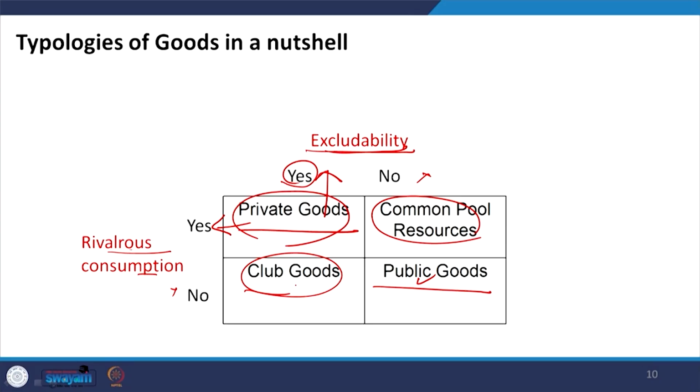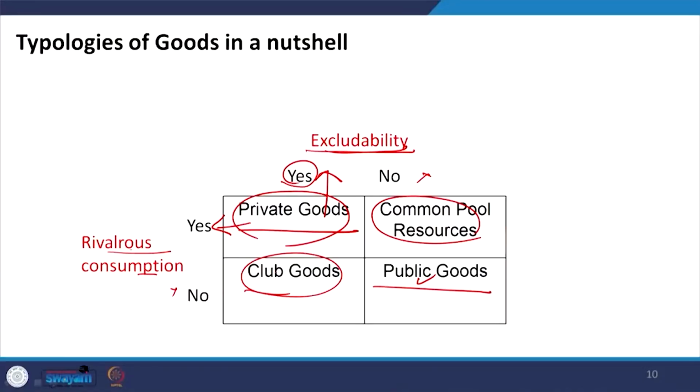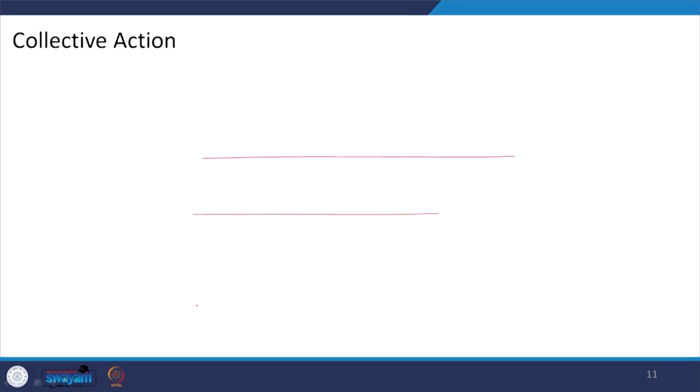it satisfies the quality of excludability. You can exclude someone if they are not paying the toll tax, and if you are paying, then obviously you are eligible to ride on this road. And as far as rivalry in consumption is concerned, it is not rivalrous till the point of congestion is reached.